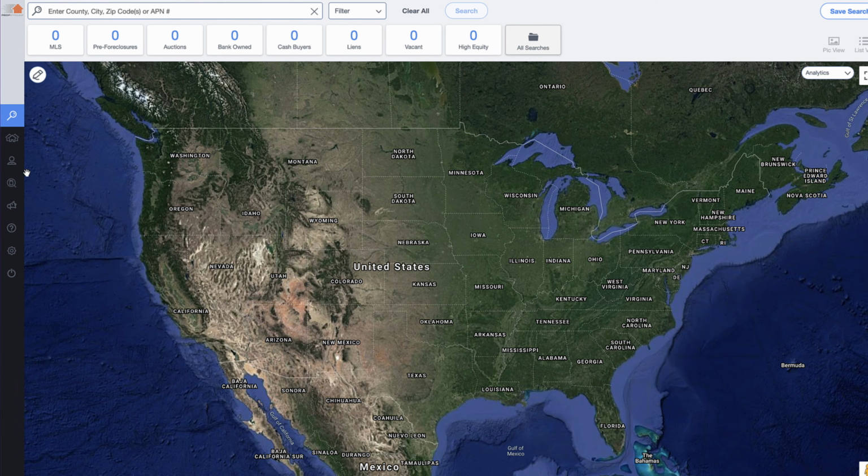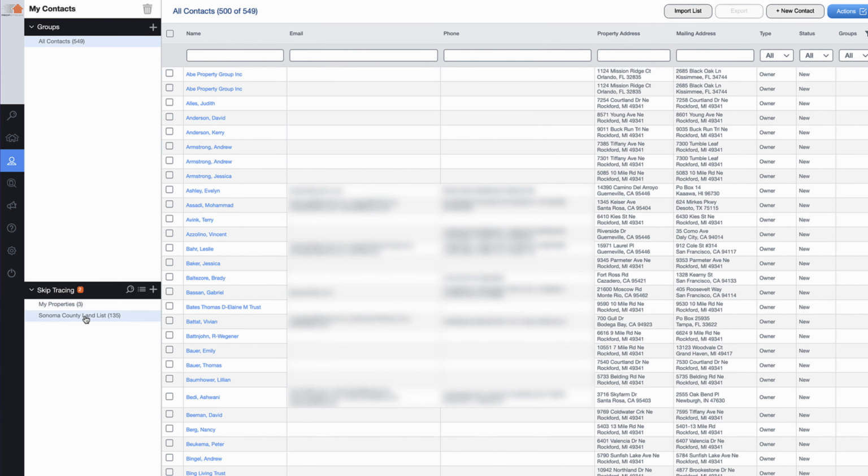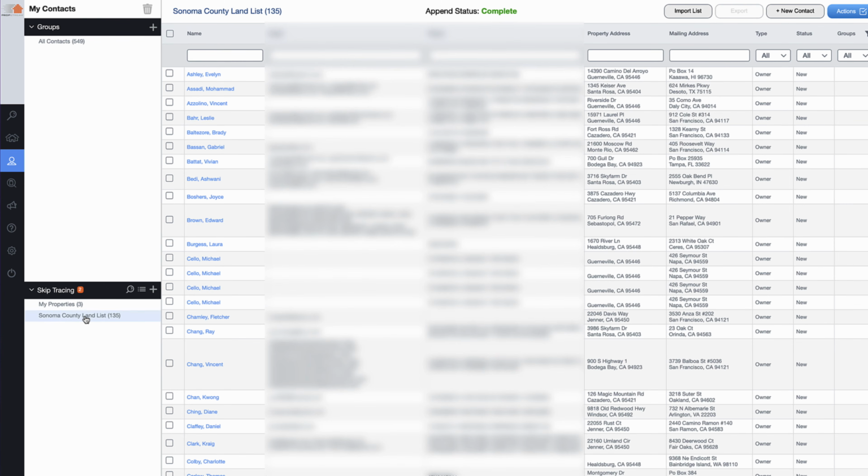It's not bringing me directly there, so I'm gonna have to go over here to contacts, and we can already see some of the information that's come through so far, but I'm gonna click on this specific list that I wanted to have skip traced, and here we go. We can see all the individuals on our list. We can see their email addresses, in some cases several email addresses. We can see phone numbers, again in some cases several phone numbers, and their property address and mailing address,